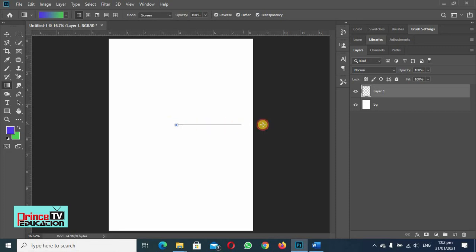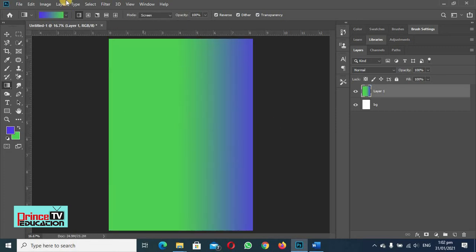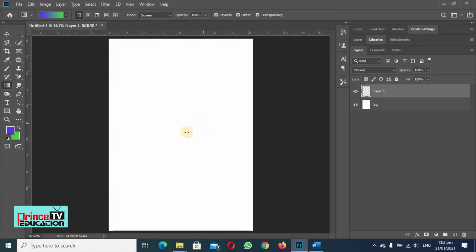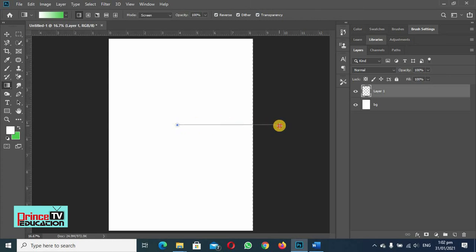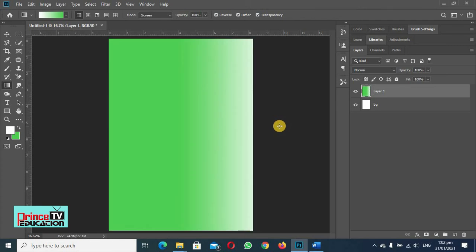If we draw a line, you can see we have a gradient. This is called the linear gradient, and in a linear gradient you have to keep in mind, if you press and hold Shift, this line will be drawn in a very straight way, and this will create a very uniform type of gradient.